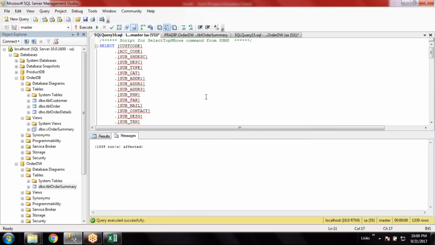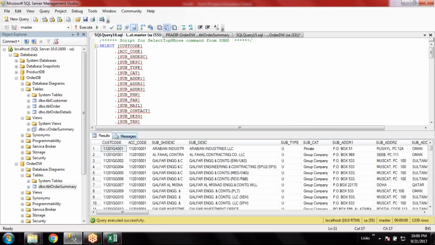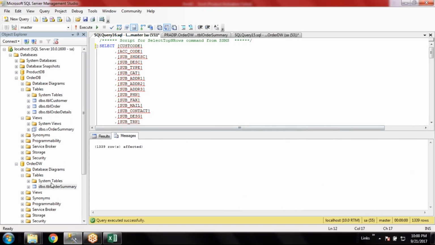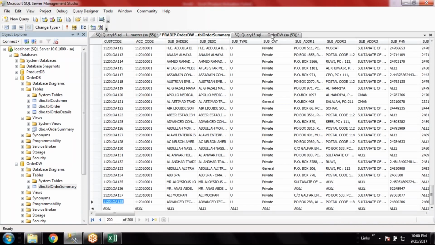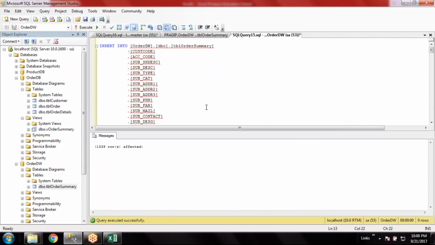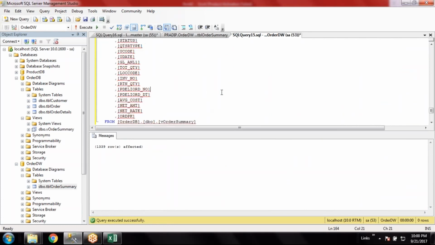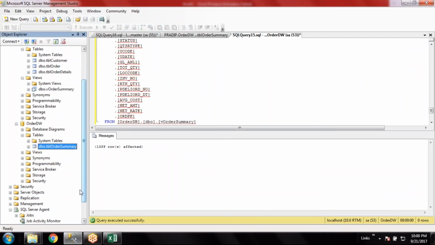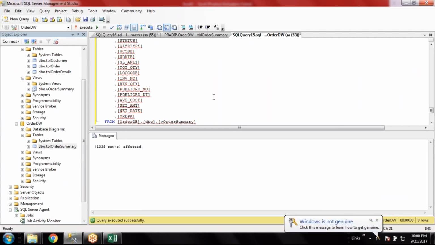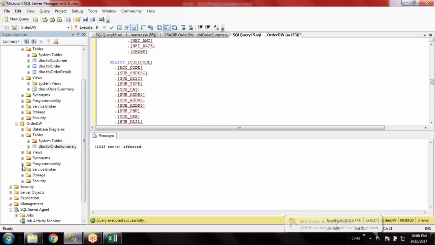It will be inserted again, the next 1300 rows. If you want to execute the script, it will be easily executed. So I'll copy this script and create a simple stored procedure and put it here. A stored procedure is a program, a code block where we write all those transaction codes. So instead of writing a long query again and again, I can simply write a small query,